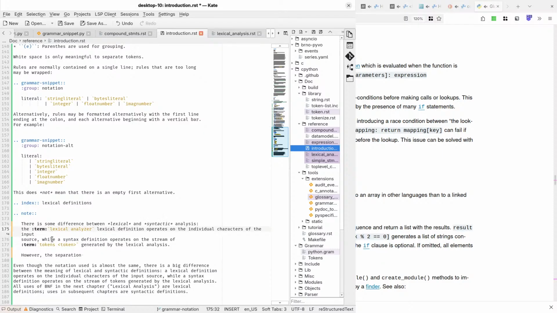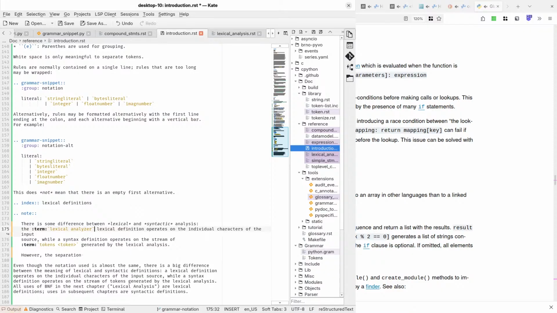But the problem is the boundary between what's handled by the lexical analyzer and the grammar is an implementation detail of CPython. Oh, I see what you're saying. Right. Even the PEP says you're free to define this however you want, and the f-string start token might include the quote or it might not.